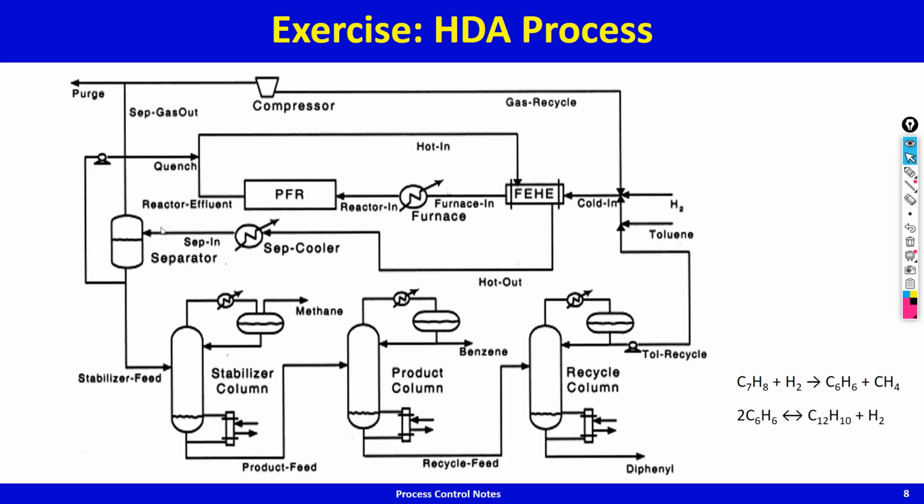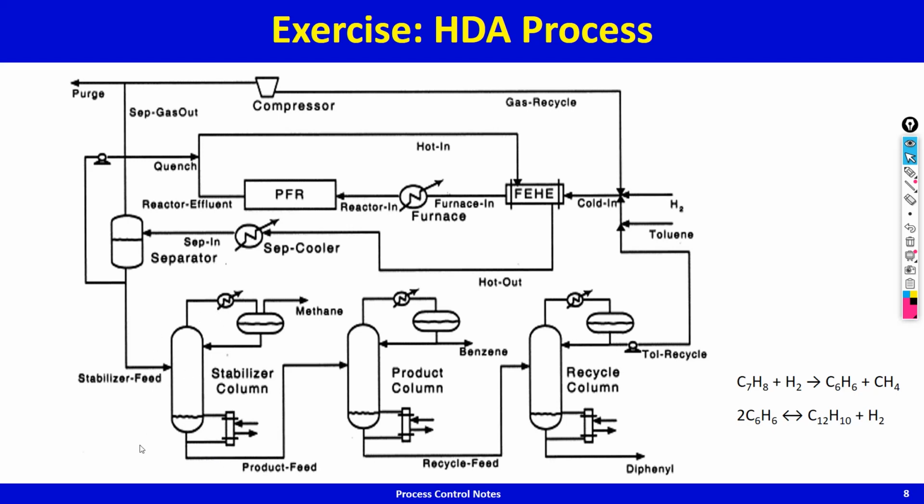You see, because this is under pressure, hydrogen and methane will be dissolved in the liquid, and now when you take it to a low pressure column, the pressure will not be too low. It will be lower than the reaction section, but it will not be too low. So maybe if the reaction section pressure is 20, 25, 30, 40 bars, this column pressure may be 10 bars.